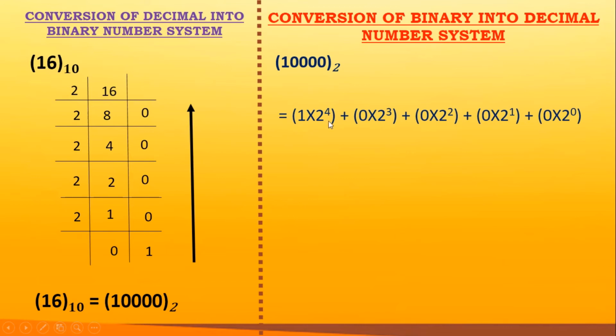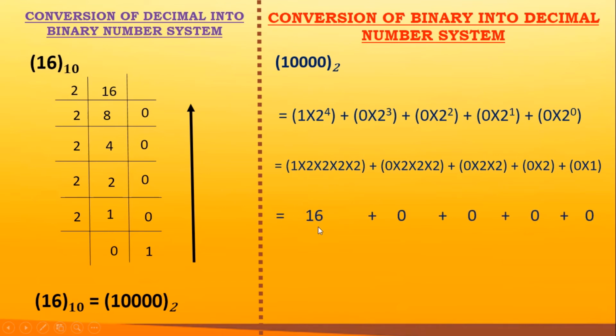Now we'll multiply each. So here it comes out 1 into 2, so it is given here, same 0 into 2 into 2 into 2 and so on. As I've told you, anything raised to 0 is always 1, so 1 is here. Fine. So what will be the output for this? This will be 16. Here the output will be 0 and here will be 0 because 0 multiplied by anything is 0. Same thing here, 0 multiplied by any number is 0. Same here and same here. So only 16 is left out and we have got the conversion. That means the conversion of this number is 16.